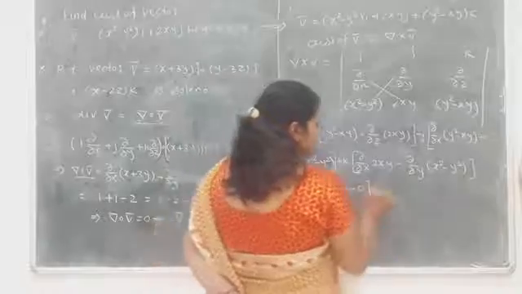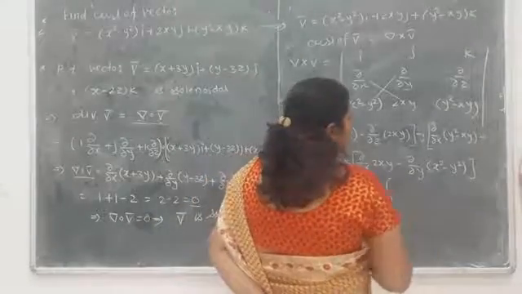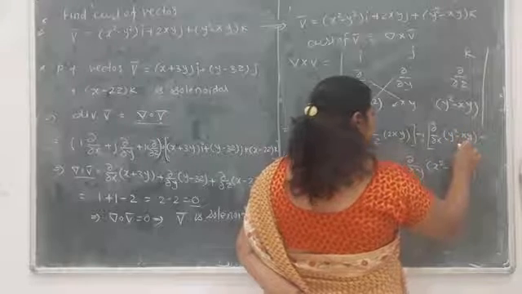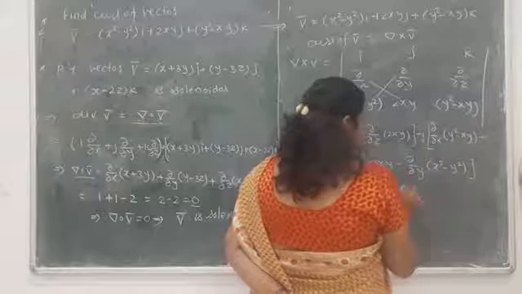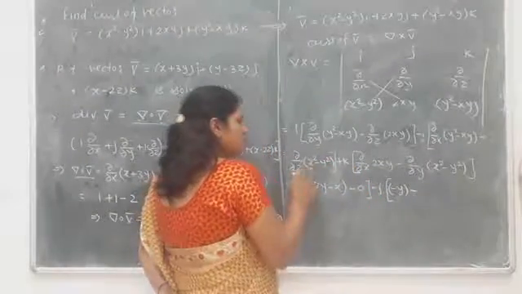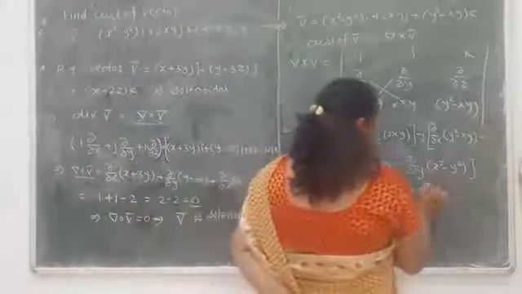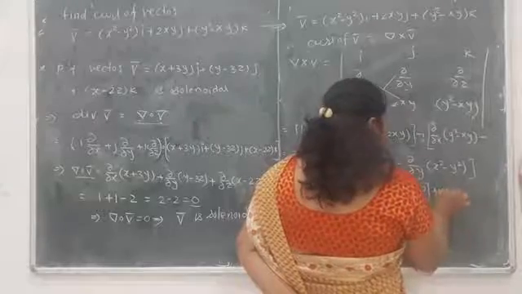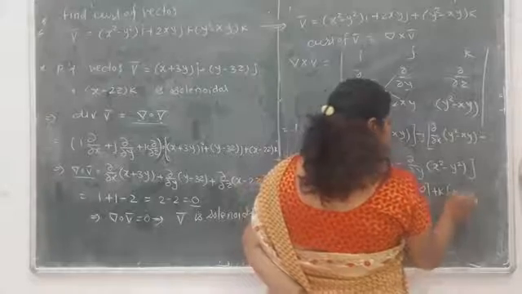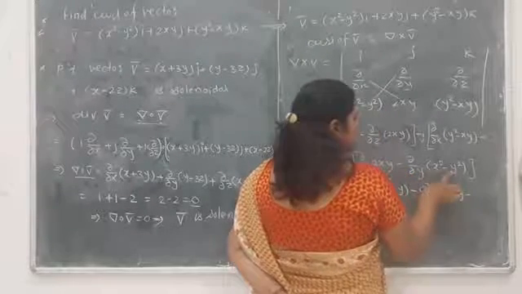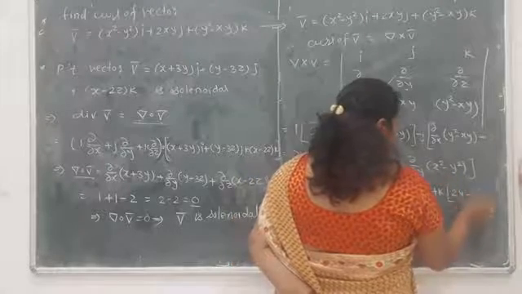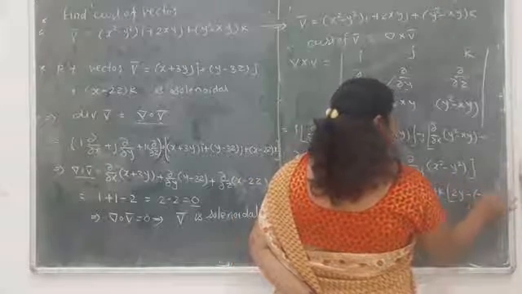After this, minus of j, del by del x of, this will be 0, the derivative of x is 1, but there is a minus, so it is minus 1. Then minus of del by del z, again there is no term of z, so it becomes 0. Then plus k, with respect to x, the derivative of x is 1, so that is 2y, minus del by del y of, here the derivative of y square is 2y, and here is a minus, so it is minus 2y.